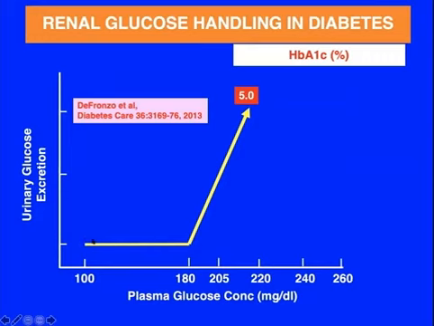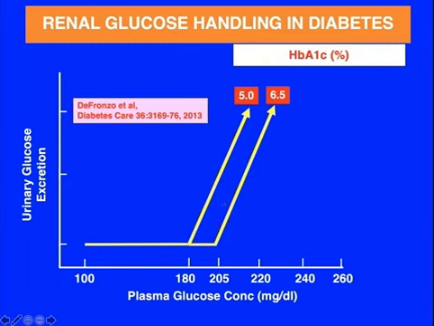As I raise your glucose from 100 to 180 in a normal person, no glucose appears in the urine. But then after that, all of the glucose, which is filtered, ends up in the urine. And this is you and I with a hemoglobin A1C of about 5%. Now, what about in a person with a